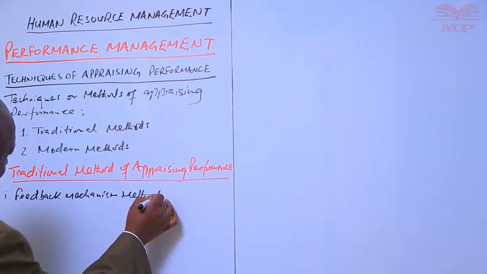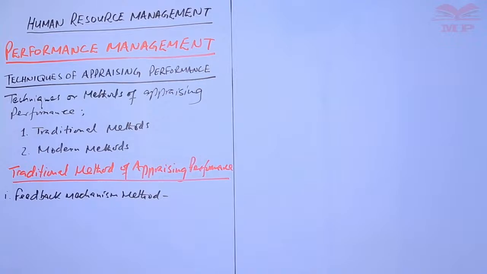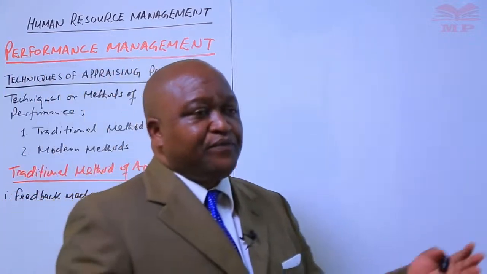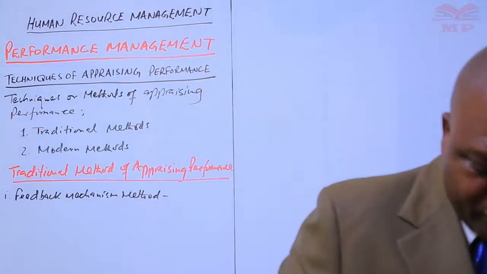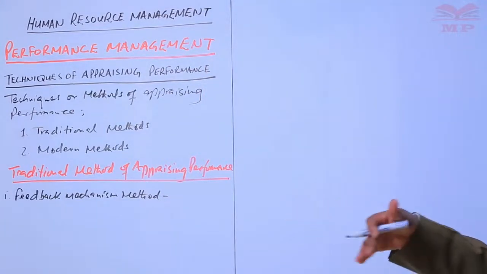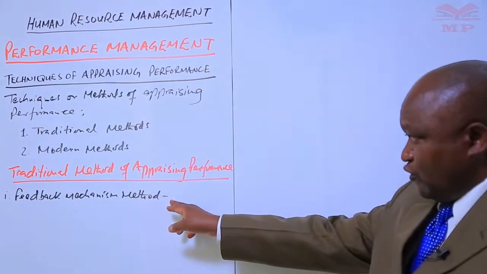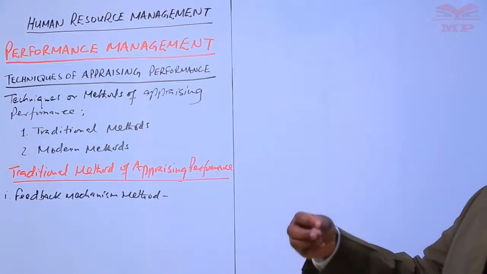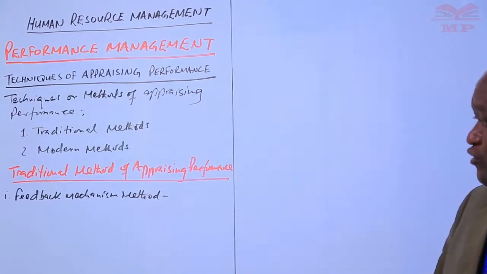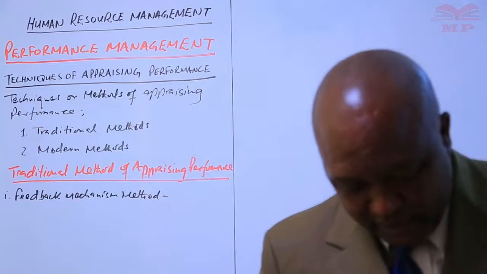Method. So under this method, the supervisors will give the employees feedback. Employees give feedback to the supervisors, and the process is a feedback-based method, so that those who are being appraised and those who are appraising are able to get the information in a loop to ensure that feedback is given regarding the targets or the aspects that have been used for the performance process. And that is one of the traditional methods of appraising performance, which can be used in a given